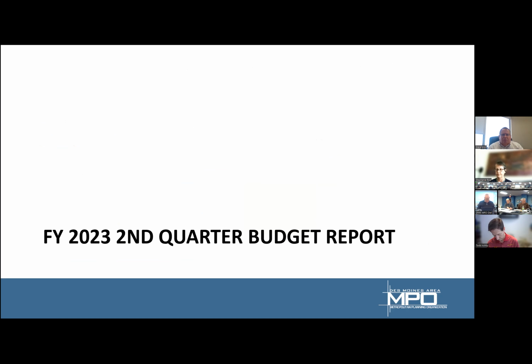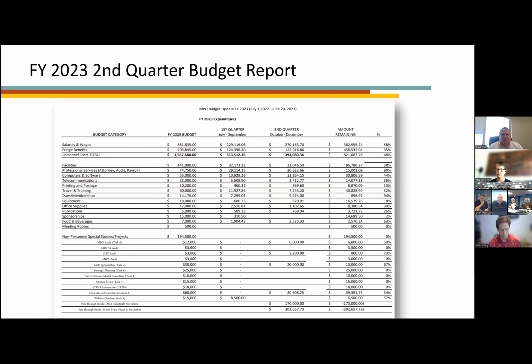All right, item 15, thank you. Item 15 is report on the fiscal year 23 second quarter budget report. So with all your discussion, there has been a lot of learning of what the MPO finances and everything are. And I will say the bookkeeper, Brett, has been working with me. That's the outside source. And then also Joe with the audit has been giving me insight. So this is all kind of new for me.